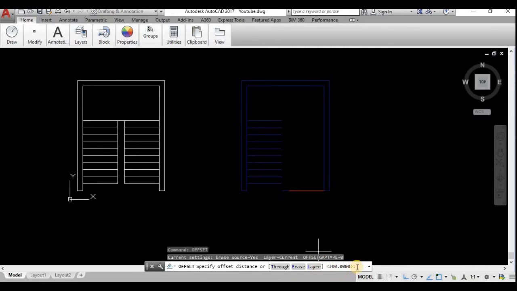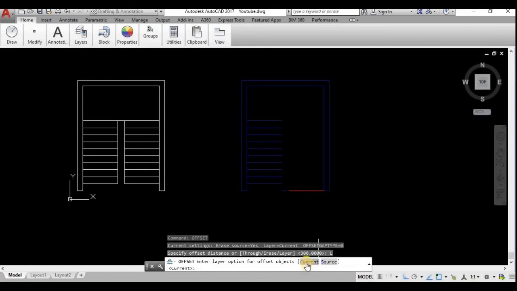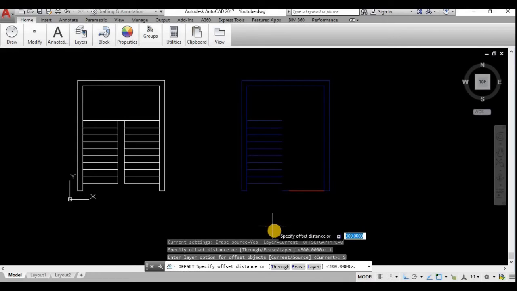With the offset command, the distance is the same, but I shall choose the layer. Here usually we work in the current layer, but I am going to choose the source. So what is the difference? In source, the line we select is the reference line, and the source layer will be used for the remaining. Here erase I shall give yes.